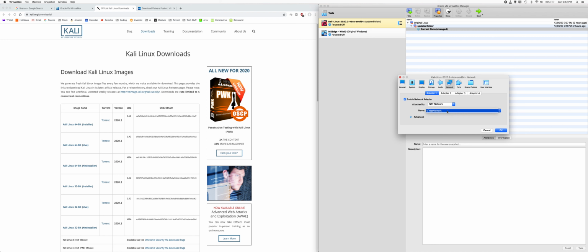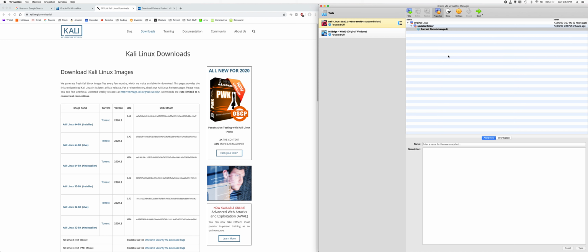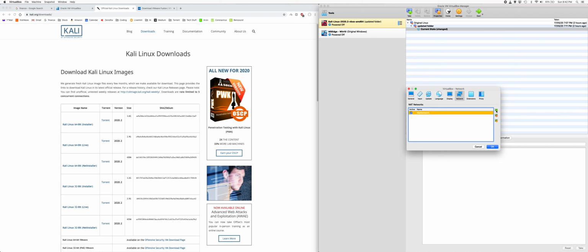Sometimes it will not come, so when it does not come, what you do is you cancel this out. What is it that I did after that? Yeah, you go to VirtualBox, as in here, go to preferences, go to network here, go and add a network, like so. I've deleted one network.